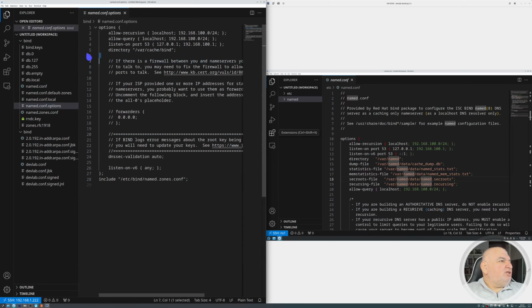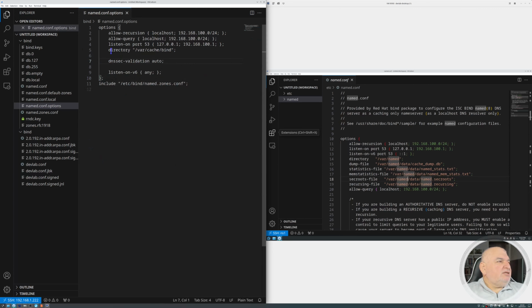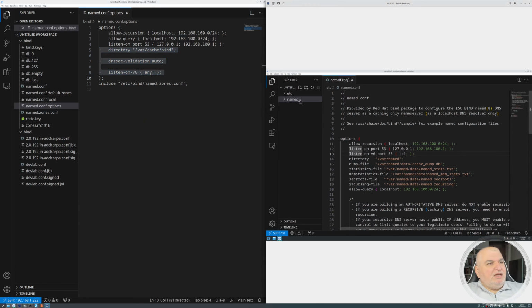The only option that comes by default is this one and those two. So Bind by default listens on IPv6. And all these are comments. So basically, we only have these three settings,